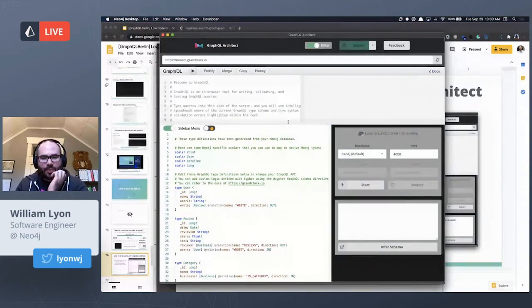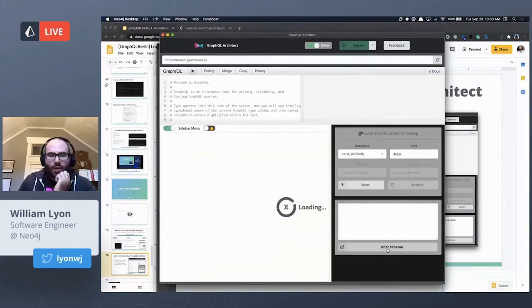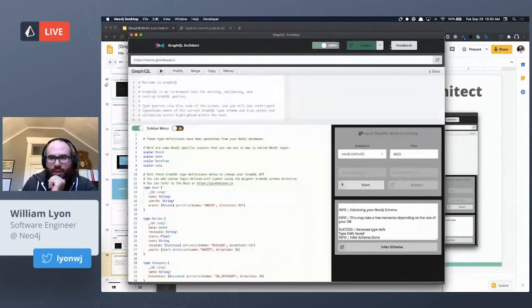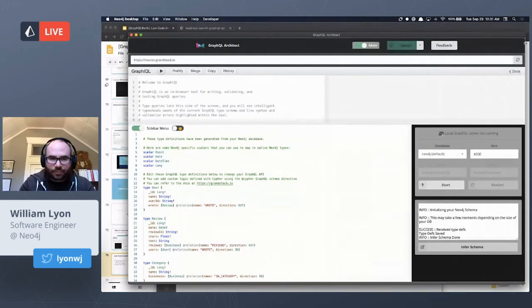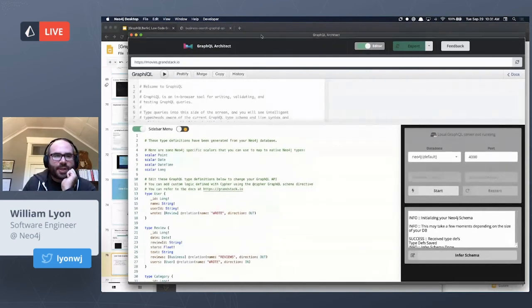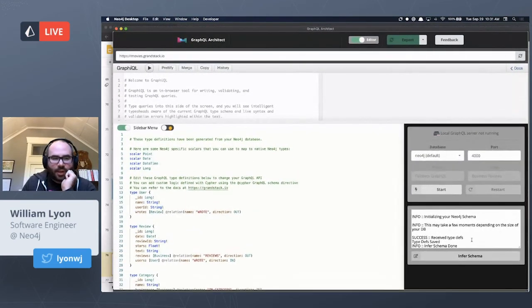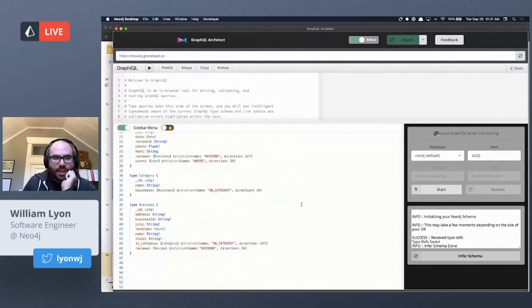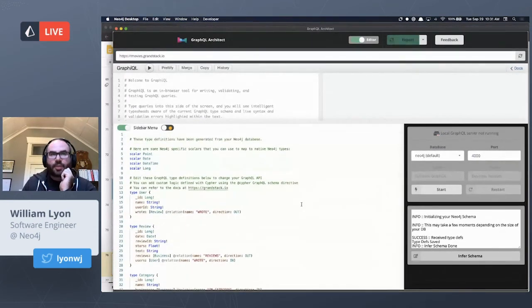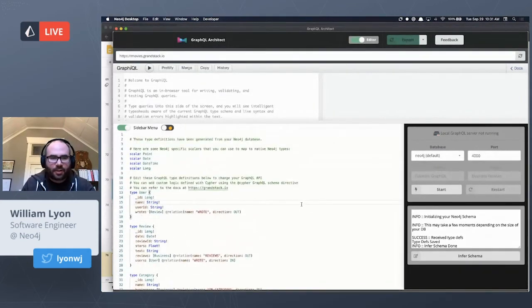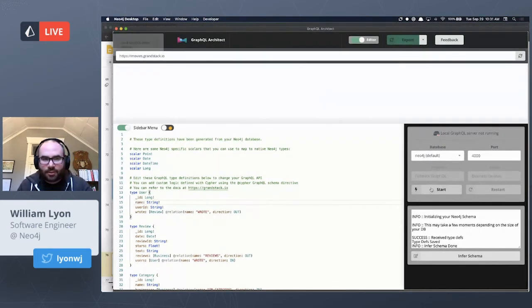And so the first thing that happens when I open GraphQL Architect, let me make this a bit bigger so it's easier to see, is it inspects my currently running Neo4j database and generates some GraphQL type definitions from the database. So inspecting the data model, it says, hey, here are the equivalent GraphQL type definitions for what data you have in the database. And then I can start a local